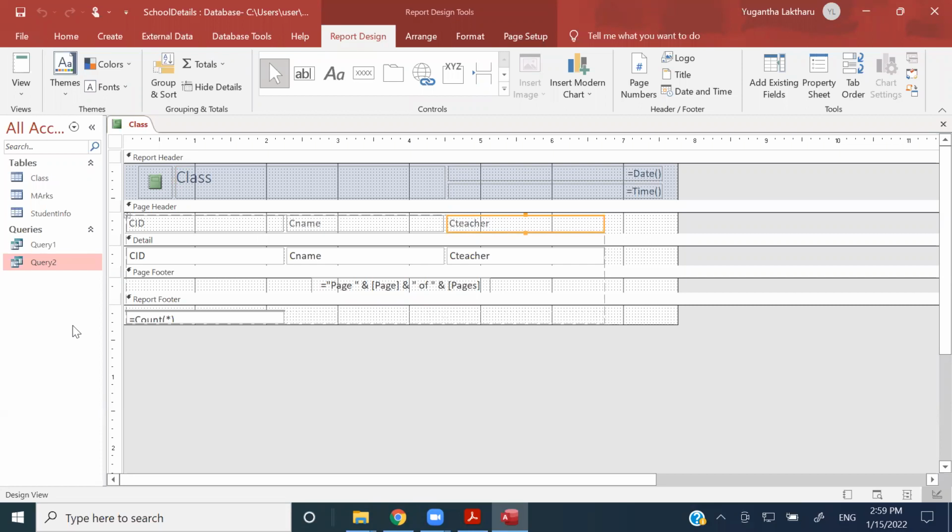Then the details, that is the exact same name, and the page footer if you want, and then the report footer is there. So if you change this CTeacher as